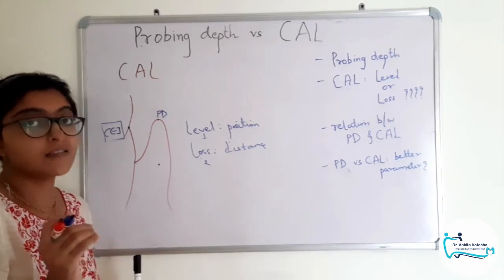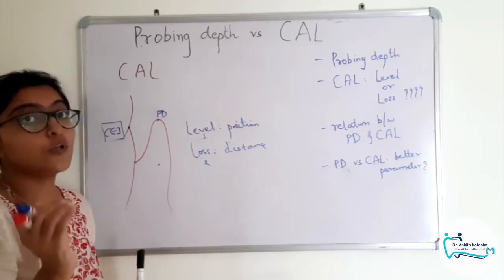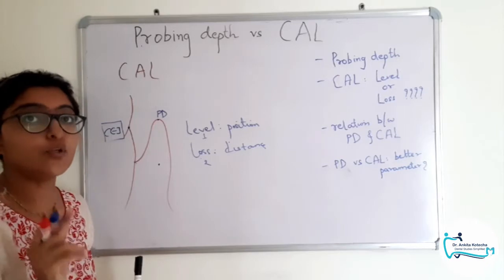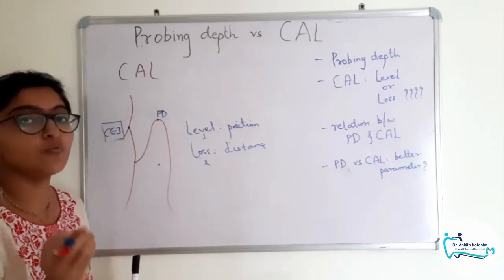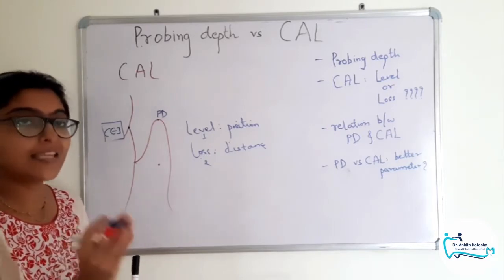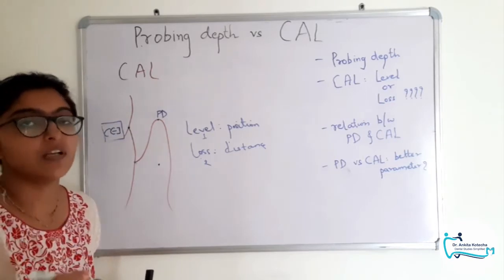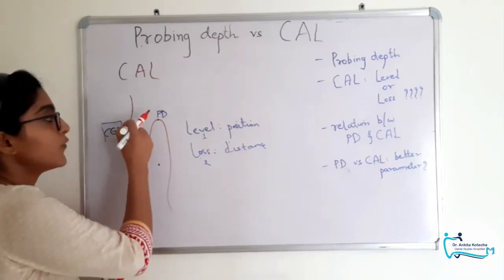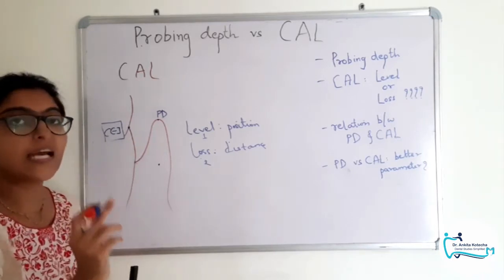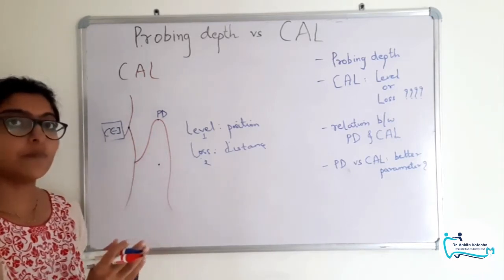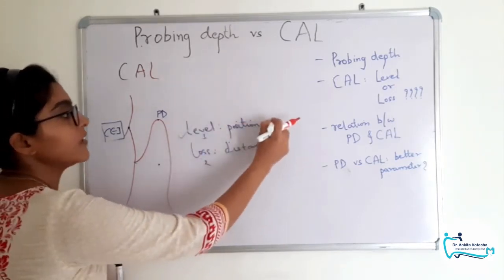To assess it as loss, we should have two values. How do we get the net amount of loss or gain? For that we have to have two values, say A and B. The difference between the two will give you whether it is a loss or gain, and that is why preoperatively the measurements done are clinical attachment level. We just know the level from the CEJ where it is present, where the attachment begins, and that is why before starting any treatment, the preoperative measurement is to be called clinical attachment level, preoperative.